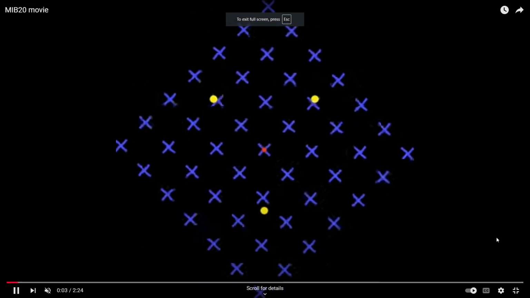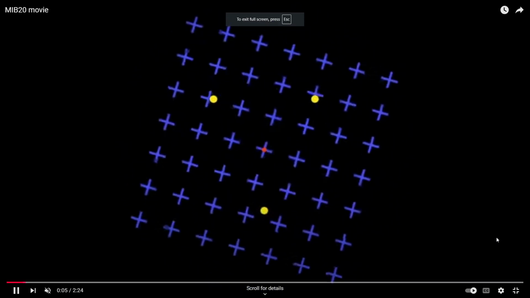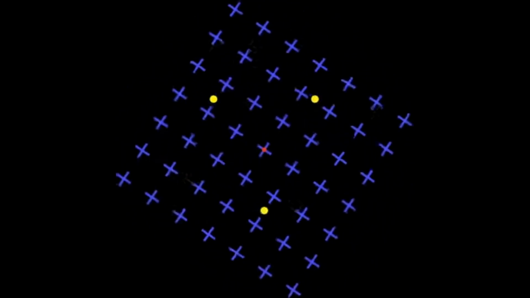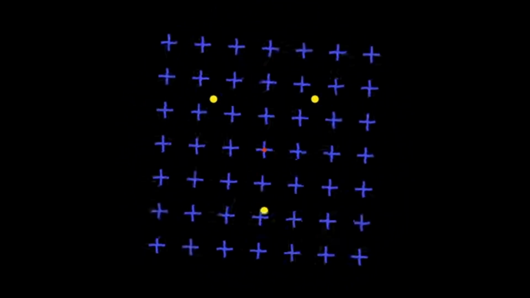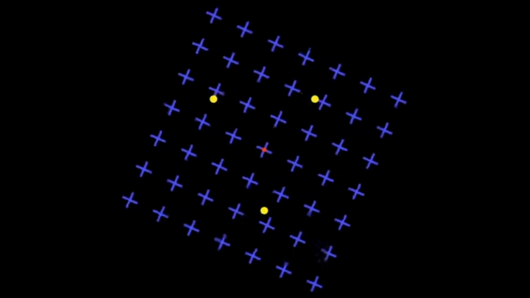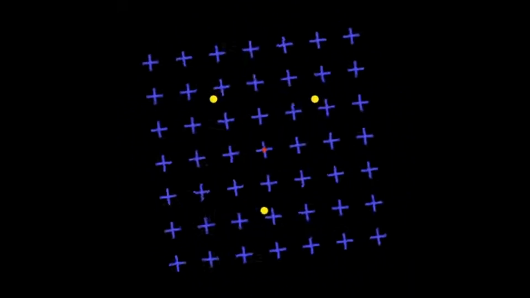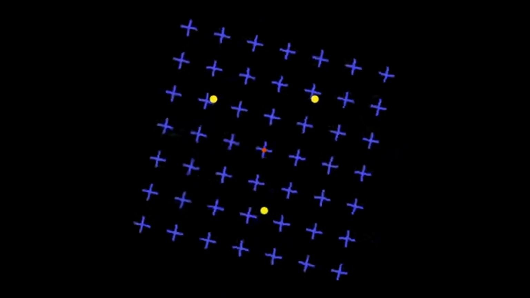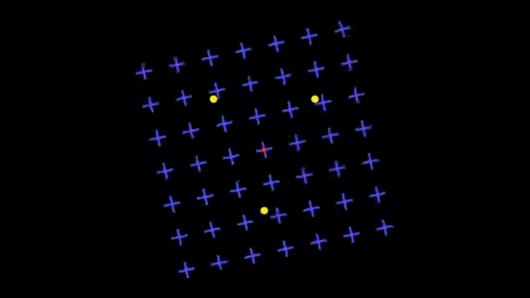So if you get close, or actually you don't even really have to get close, but stare at the red and green blinking dot. While you're staring at this, even when I'm staring at this right now, you will start to realize that the yellow dots are starting to fade in and out or disappear completely, and it leaves just the array of blue crosses.